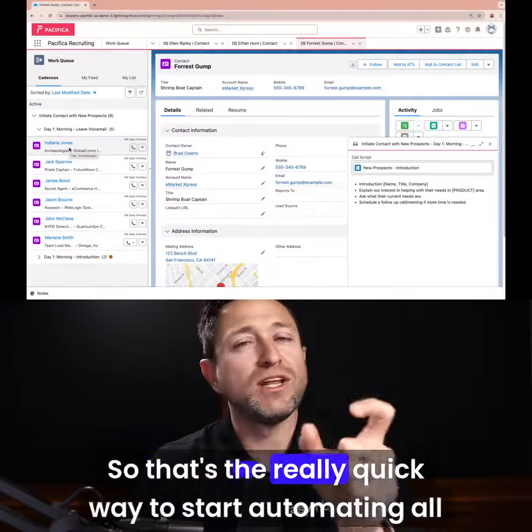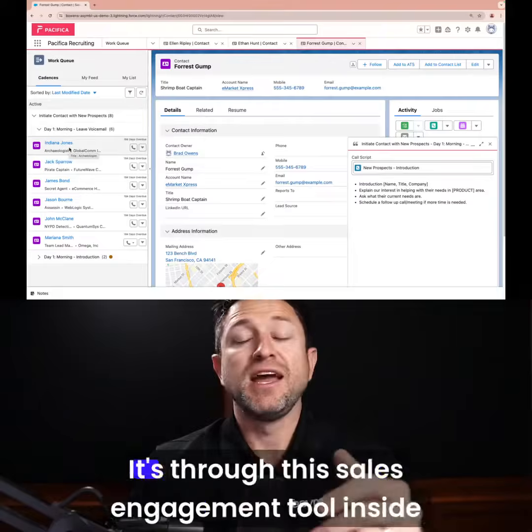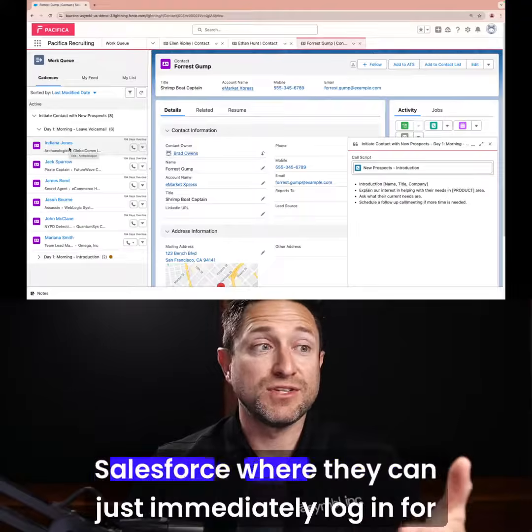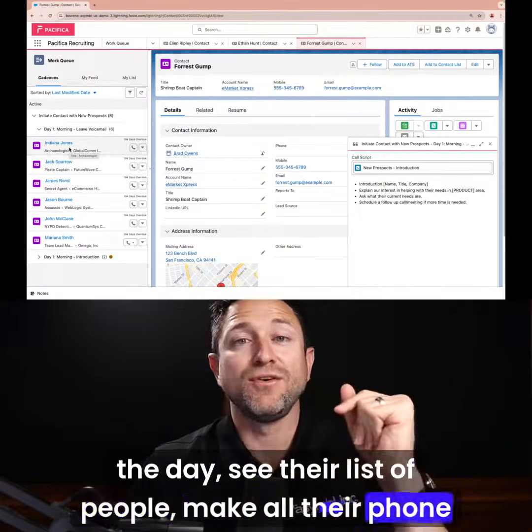So that's the really quick way to start automating all your reach outs for your recruiters or your salespeople. It's through this sales engagement tool inside Salesforce, where they can just immediately log in for the day, see their list of people, make all their phone calls and emails, and they're